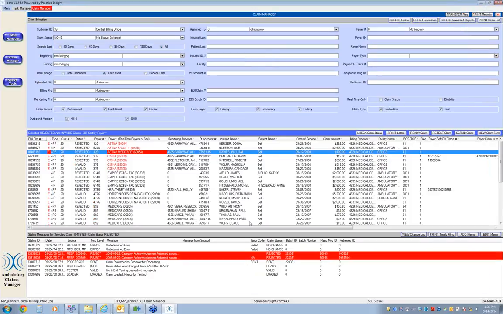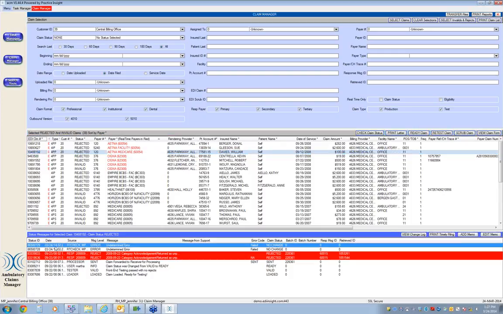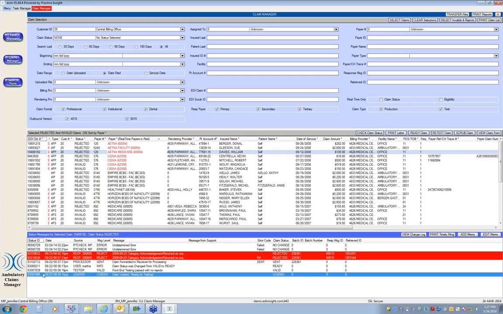All right. Now, down at the bottom of this screen, whatever line I have highlighted in my middle section, down at the bottom, I'm getting the responses specific to that claim. So the newest history is always at the top. All right, here's today's date just now, where it says undetermined error because it couldn't connect to Aetna and verify this fake claim. All right, that's fine. If we go backwards, we see down at the very bottom, this is the oldest information first